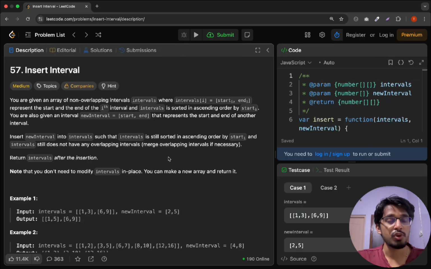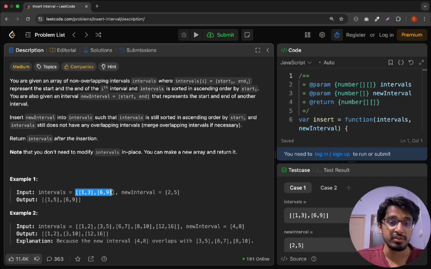This is a problem called insert interval. Basically we'll be given an array of non-overlapping intervals. It's an array of arrays where one is the start of the interval and one is the end of the interval, and we'll also be given a new interval. Out here this is our new interval, which is the start and end of another interval. So we just need to insert this new interval into this intervals array